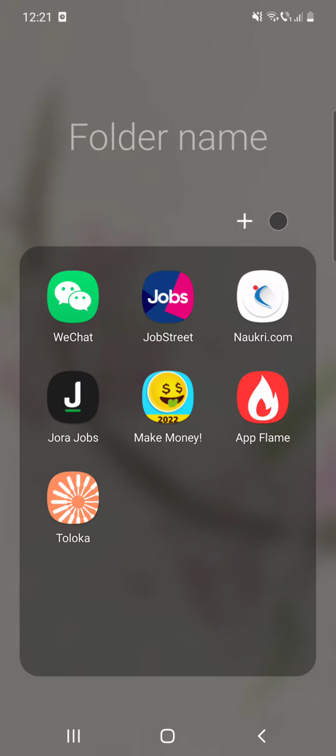Hello guys, in this video I'm going to show you how to reserve tasks on Toloka, but first I wanted